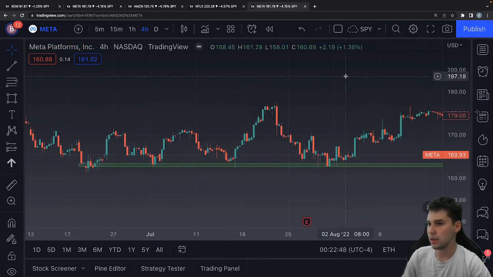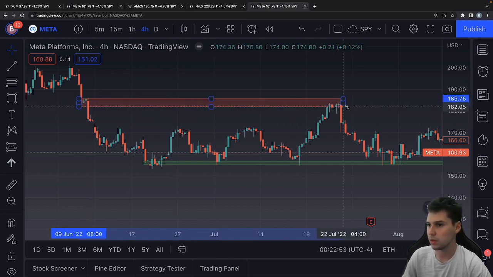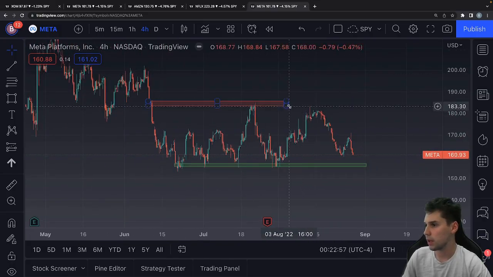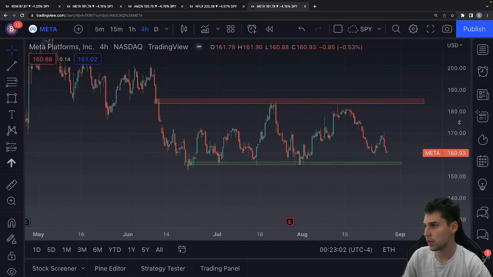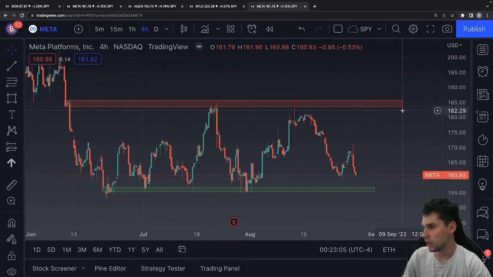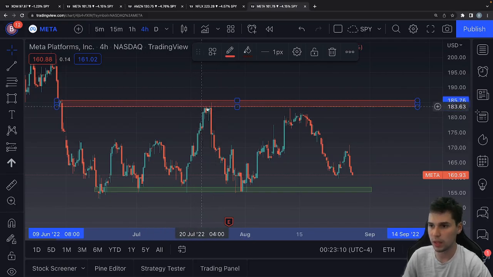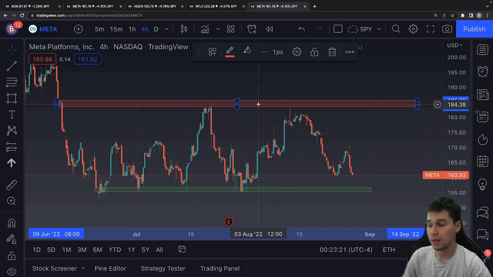Then I'm going to draw the zone over, and we're going to see how the stock has interacted with this level, right? Zoom out a little bit better, and let's see what the stock has done off of this level here, okay? And you can easily see that we've rejected off of this not just once. This was the first potential play you could have taken, but it also happened a second time here in early August, right? This is a very clean supply zone on Meta that is actually still very much so intact,